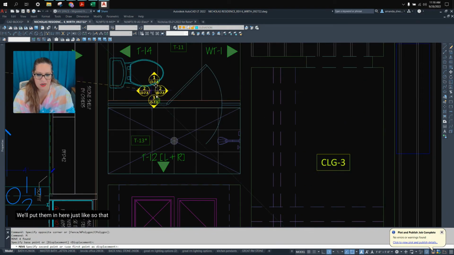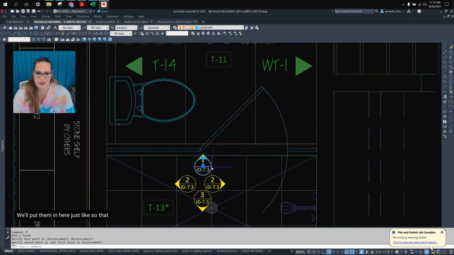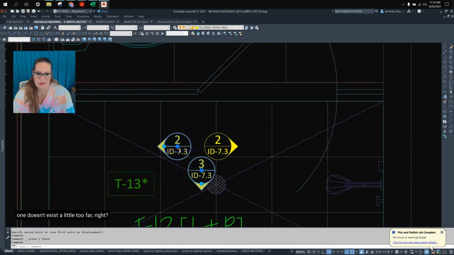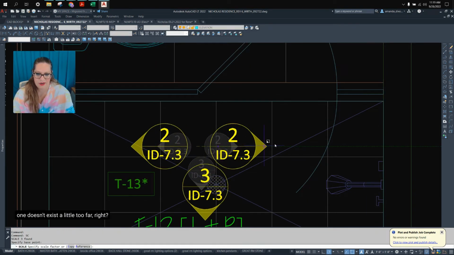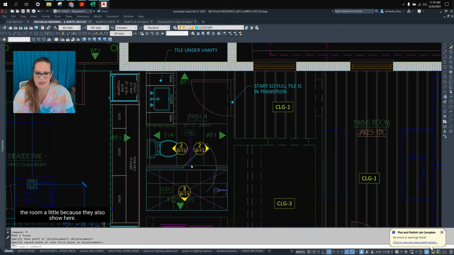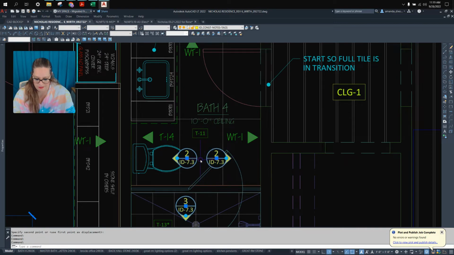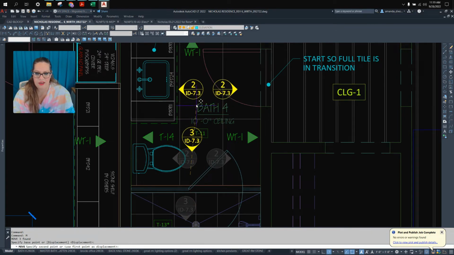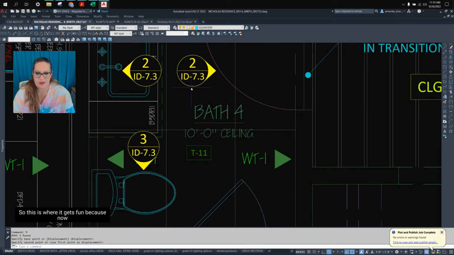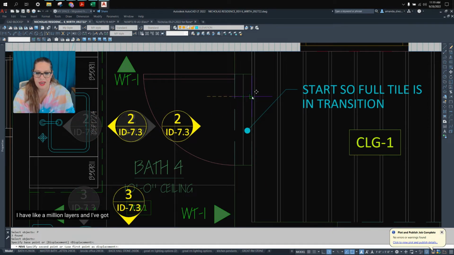And we'll put them in here just like so. That one doesn't exist. A little bigger. Went a little too far. All right, and then these I'm going to bring out of the room a little because they also show here. And this one really just the shower. Oh, but I actually have. Right, so this is where it gets fun because now I have like a million layers and I've got